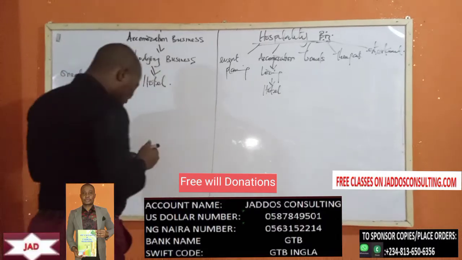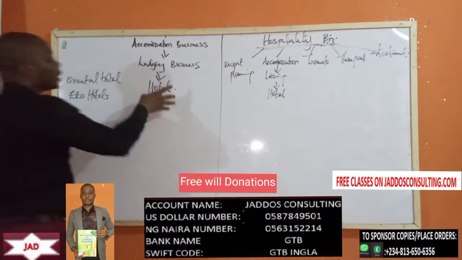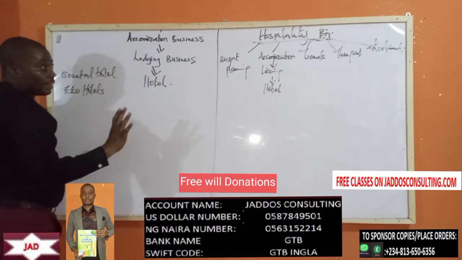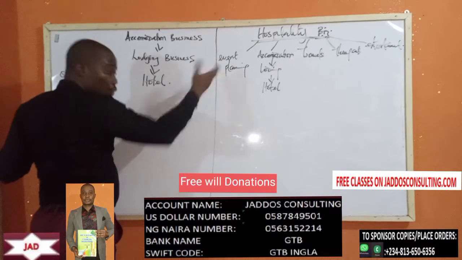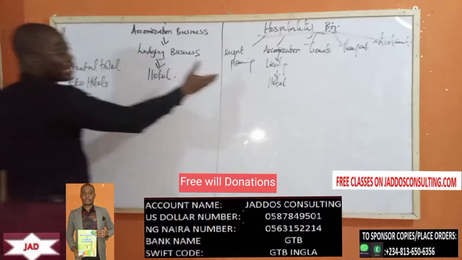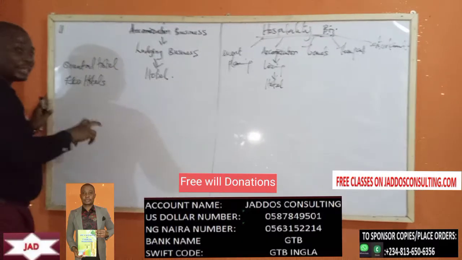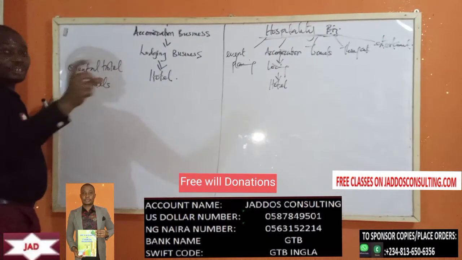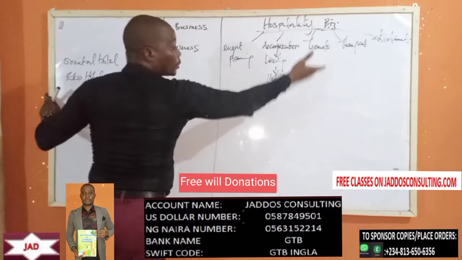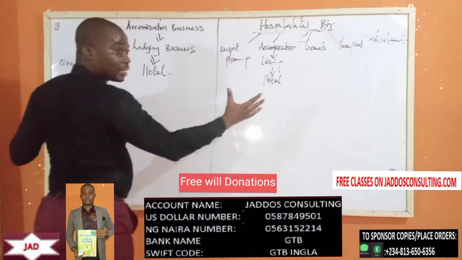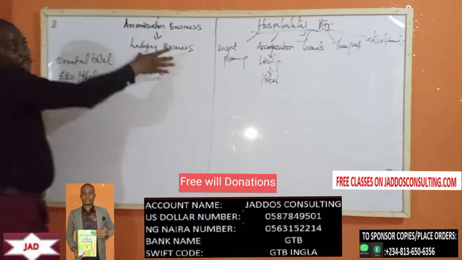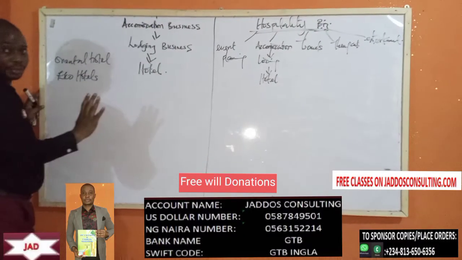But what I'm trying to say here today is that we are concentrating on the accommodation business aspect of the hospitality industry. Of course, you may want to call event planning. You want to throw a party or a particular gathering, so you get someone who is an expert in planning an event, to plan that event from start to finish at a fee. So that's the revenue source for an event planning business. In travels, you can even come up with transportation. That can be part of hospitality as well, but that is not what we're looking at.